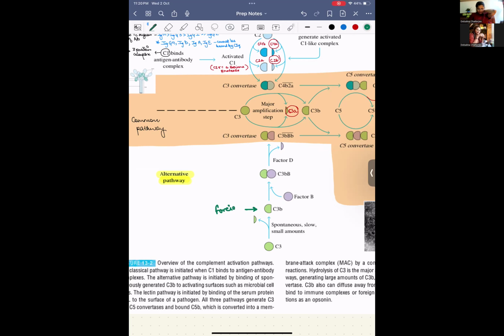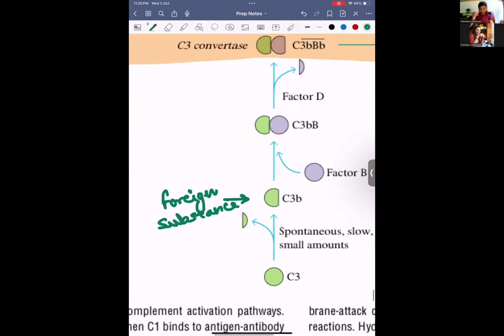So a foreign substance. What is this foreign substance? It could be some bacterial cell, or maybe some altered cell, any sort of foreign substance that C3b gets a chance to bind to. Now, I'm not sure, they have kind of missed one step. So this foreign substance is bound by C3b. This is then getting a chance to be bound by factor B,